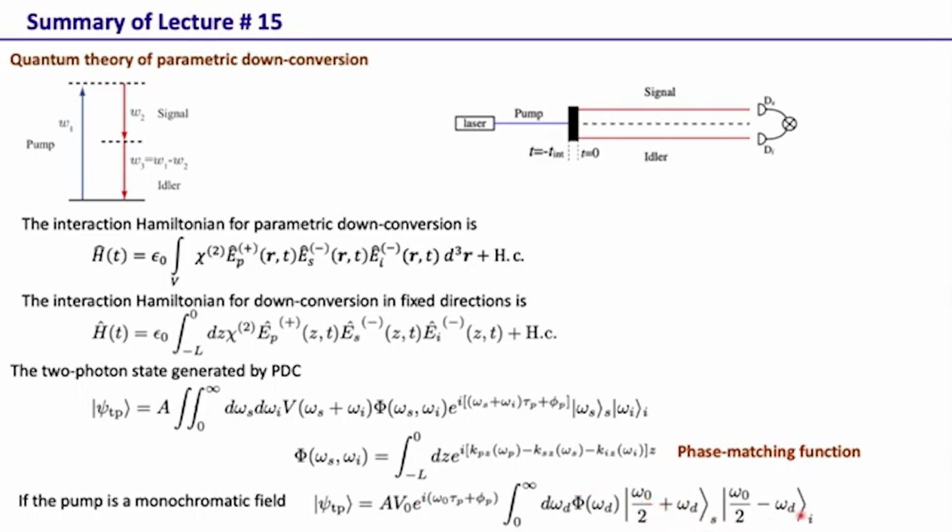And here we noted that this is an entangled state, because this integral over omega d cannot be separated as a state of signal and a state of idler, and hence, since this is an inseparable state, it is what is called an entangled state. The entanglement aspect of this two photon field produced by parametric down conversion we will look at in later lectures, but today we are going to focus on this phase matching function, which decides